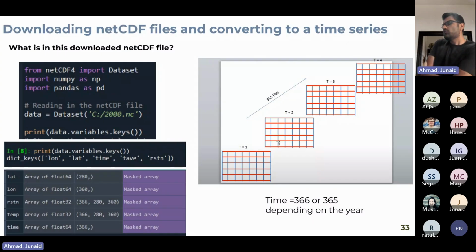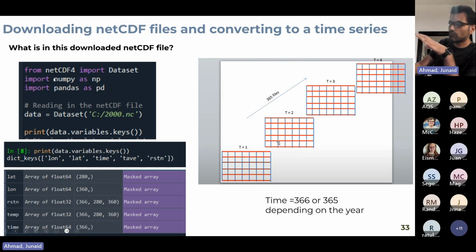So before we start this Python activity, I want to give you an overview of what a netcdf file is. For many of you, this might be a new thing. In a netcdf file, mostly they store data year-wise. For example, over here you can see there is a netcdf file that is called 2000. So this is for the year 2000, and in this file, there are different variables stored. You can open this using